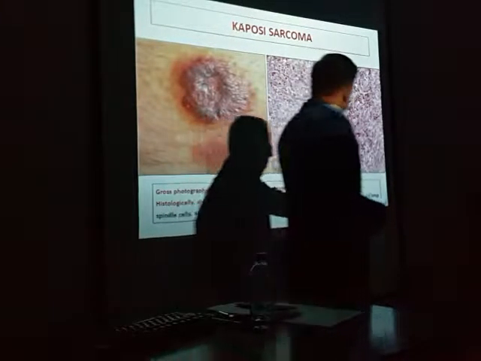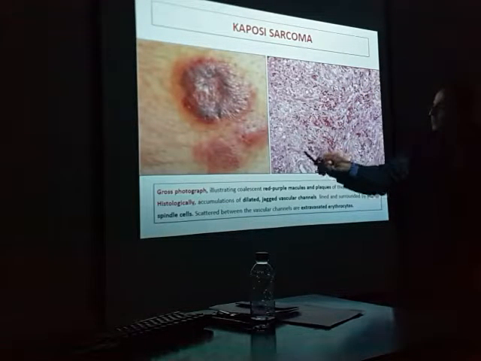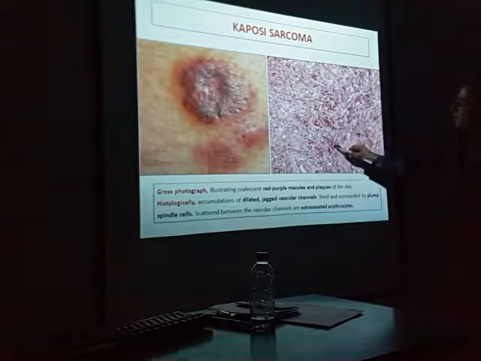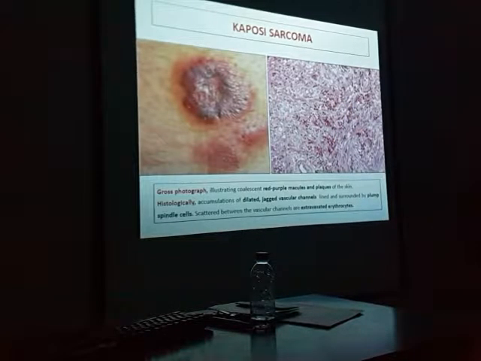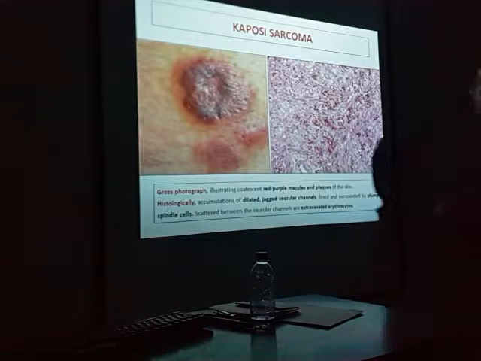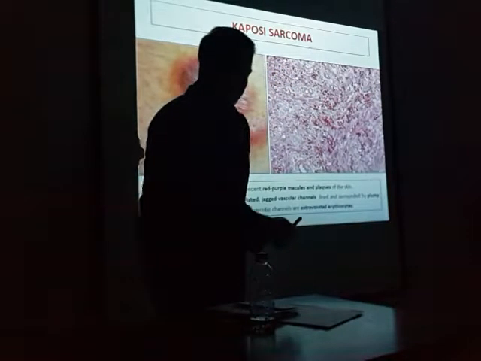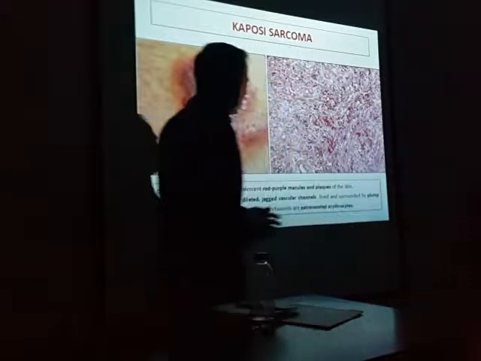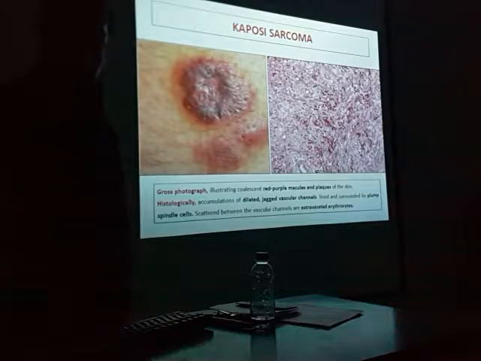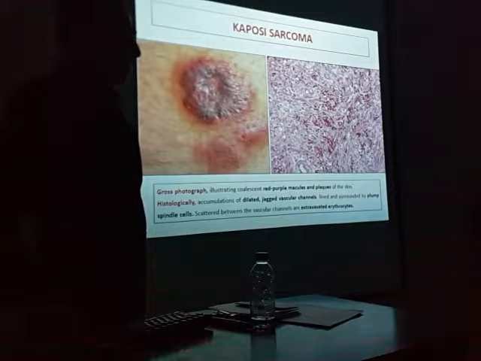Scattered between the vascular channels are extravasated RBCs. So you will find these pinkish, jagged, spindle-shaped cells, and in between there will be extravasated RBCs. You will find spindle cells which are plump, and these are not good channels. You see these vascular channels, they are jagged, dilated, along with the presence of extravasated RBCs. I think that is very clear. Caused by HHV8, mostly present in the